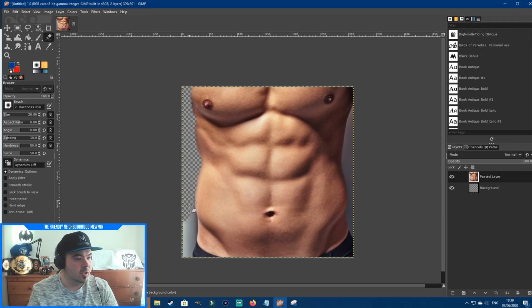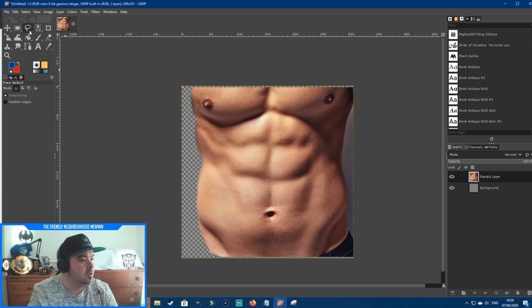But I am going to try and keep this area here. Now, unfortunately, I do think this side of him is a bit too dark compared to this side. Now I don't think I need any of this here. Definitely don't need this. So I'm actually going to use